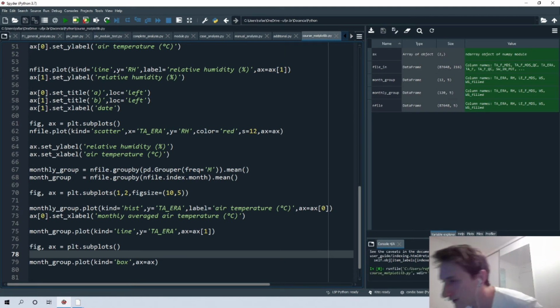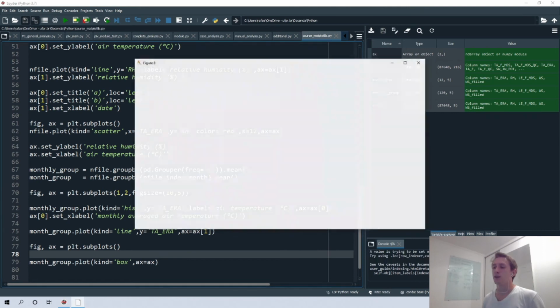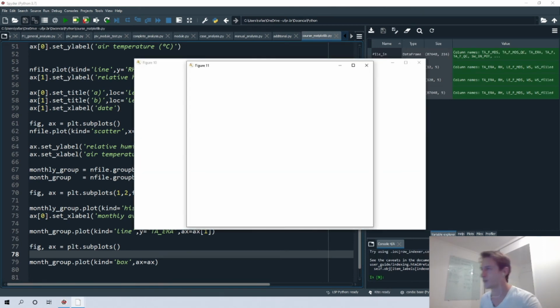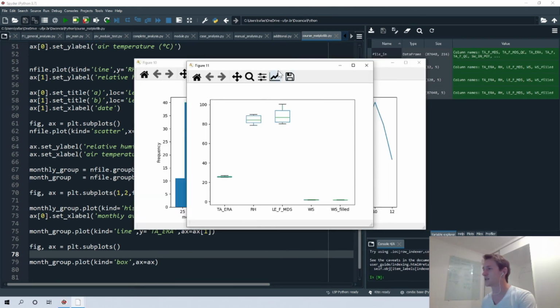Okay, so we can plot again, and now we have this box plot figure here. As you can see, I didn't specify which variable I want, so I plotted all the variables that I have: air temperature, relative humidity, and so on.